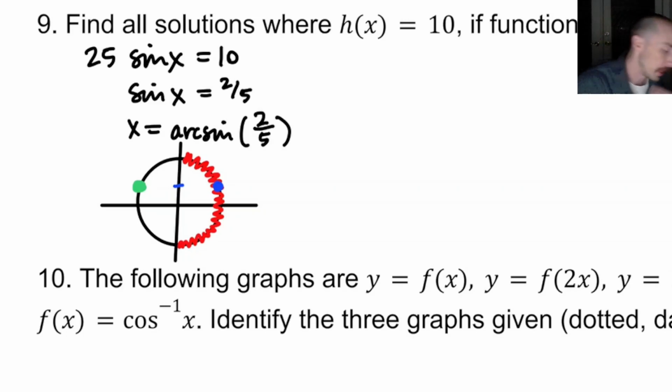Mark that one off in green and come back to that in a minute. Okay, so x equals arc sine of 2/5, that's the blue one, plus 2 pi n, any coterminal angle. But also I need to find the green angle. And so that's going to be pi minus arc sine of 2/5, because really what I'm doing with arc sine,